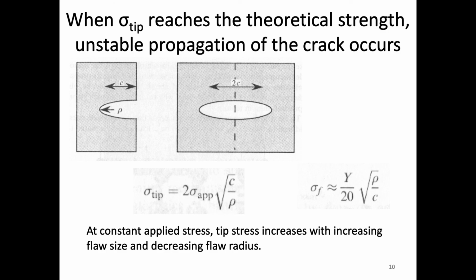And so that's why we would have failure at lower than theoretical values, because we have these flaws, we have cracks, we have pores, we have various surface flaws and everything. When the stress value at those sites reaches that critical theoretical value, that's what causes failure, and that happens overall at lower values than theoretical, because it's amplified at these tip locations. And so that's how we can get fracture to occur.